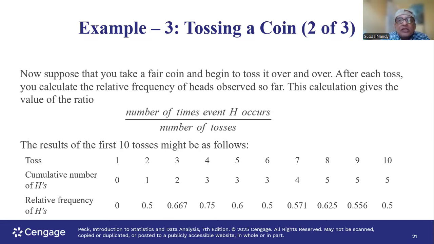Why are they calculating this last row of numbers? They're showing that the proportion of heads will vary all over the place, starting from 0, and then it might take a while to stabilize to 0.5. Ideally, you would want 50% head, 50% tail, so the relative frequency of head should be 0.5. But as you see from the last row of numbers, focus on these numbers: 0.667, 0.75, 0.6, 0.5, 0.571. You can say they're all over the place, not really exactly 0.5 except in a few cases.